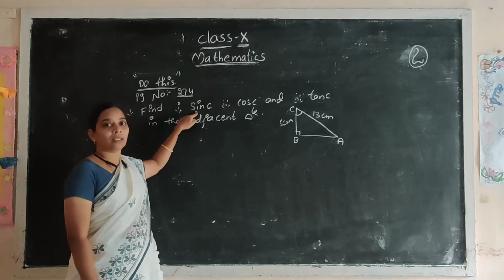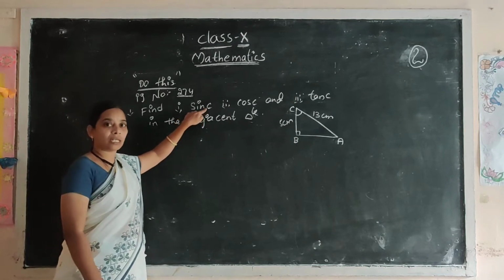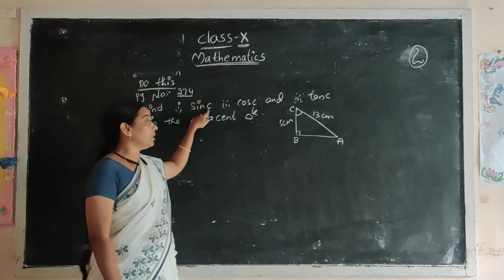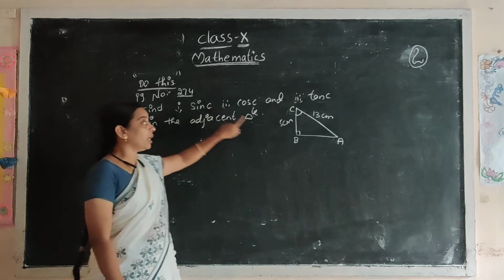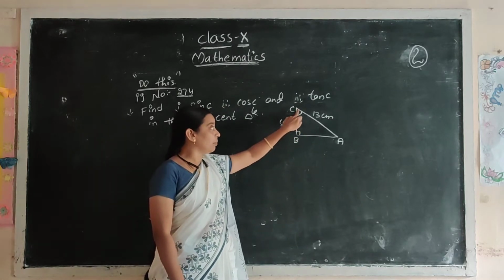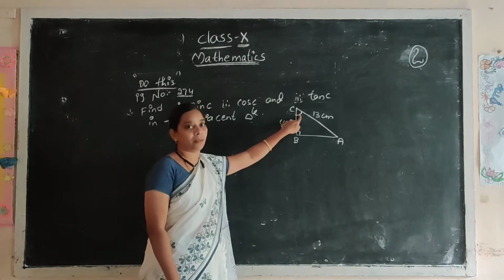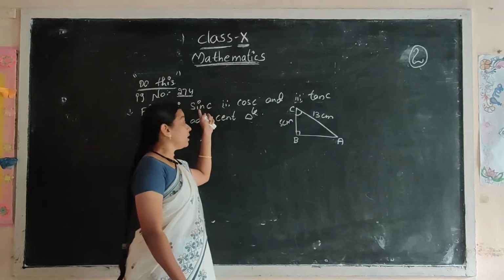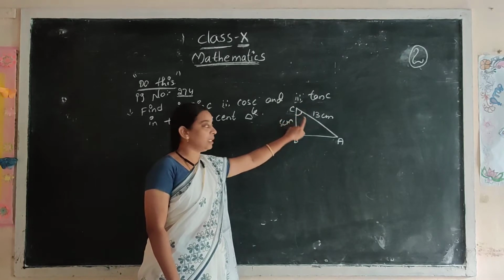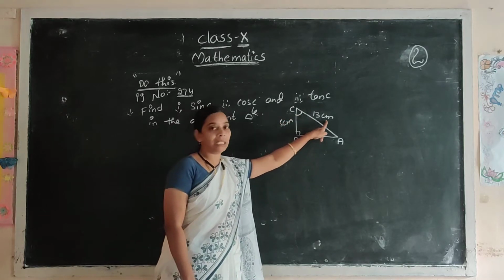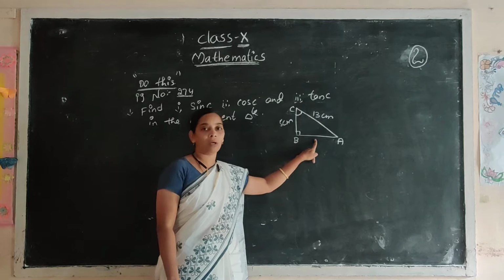So what is the formula of sin C? Opposite side of the angle C by hypotenuse. Here theta is not denoted, C is denoted, so that's why the angle is C. Sin C means opposite side of angle C by hypotenuse. Through this angle, opposite side is AB, hypotenuse is AC. But here the AB measurement is not given, so first of all, you have to find the measurement of AB.